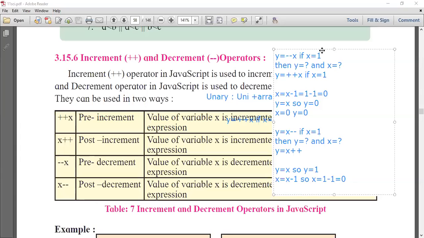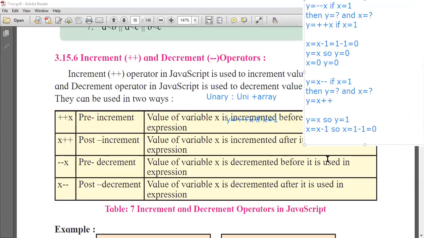So the same thing is given here. Okay, here it is given that minus minus x is pre-decrement, the value of x is decremented before it is used in the expression, and x minus minus means post-decrement. The value of variable x is decremented after it is used in the expression.